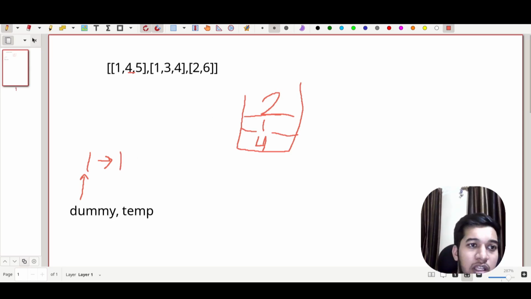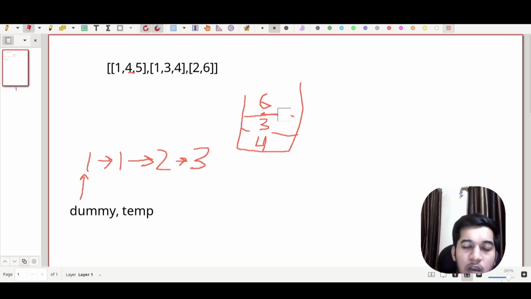After that, we pop the element and push the minimum element, so that will be 3. Not minimum, it will be the next element that is linked to the 1, so that is 3. Now we again pop out the minimum element, that will be 2. After that, we again push another element, that is 6, and we pop out the minimum element, that is 3. Now pop out the 3 element